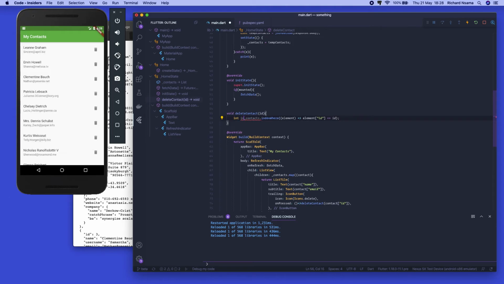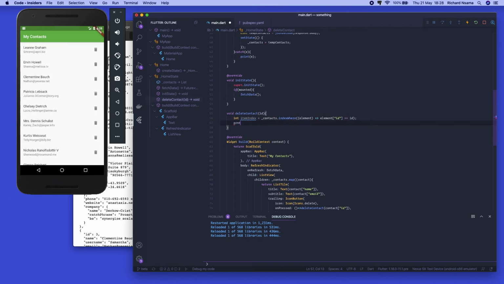Int itemIndex is going to be equal to that, and we're going to print that out just so you know that this function is actually working. Save it. You see, it's the first one. So this is 0, 1, 2, 3. We expect 3. 3 works perfectly fine. Since that works, we're going to say,